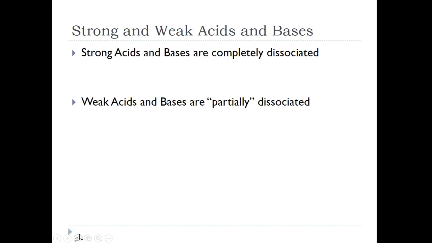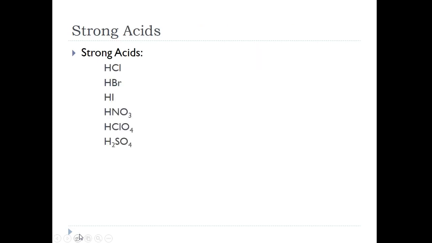Most weak acids and bases dissociate between like 2 and 10%. That would mean that of all of the molecules, only between 2 and 10% of them break apart into their cation and anion. The other amounts of the weak acids and bases stay bonded, where the cation and anion do not dissociate. So for the strong acids, there are officially, according to this textbook, 6 strong acids: hydrochloric acid,